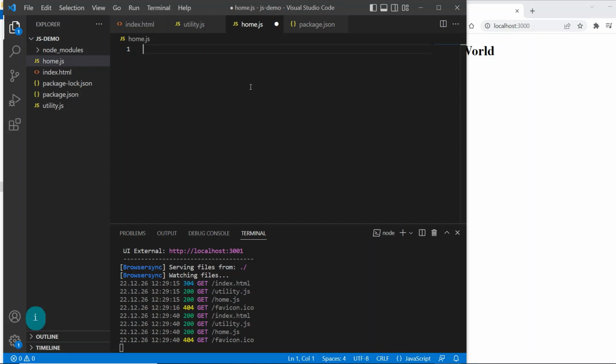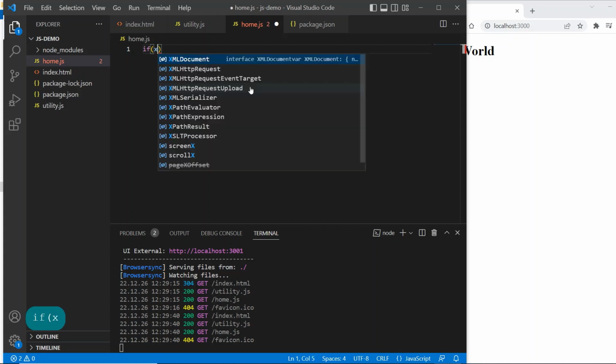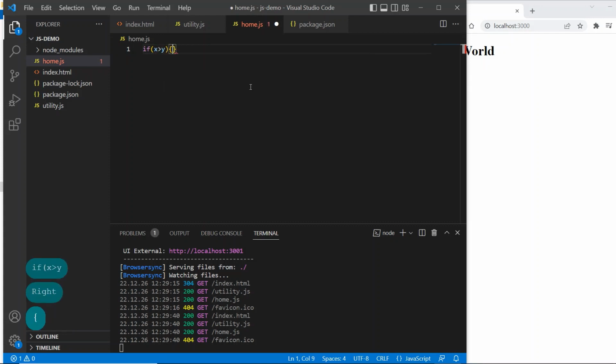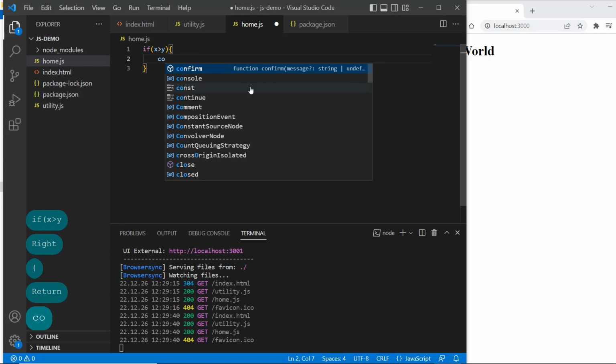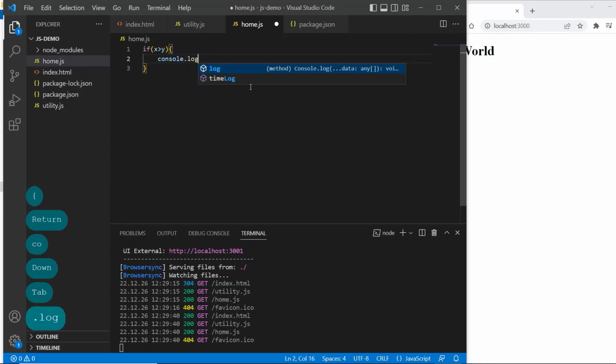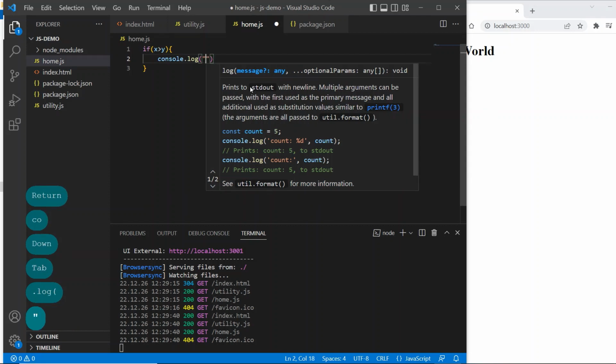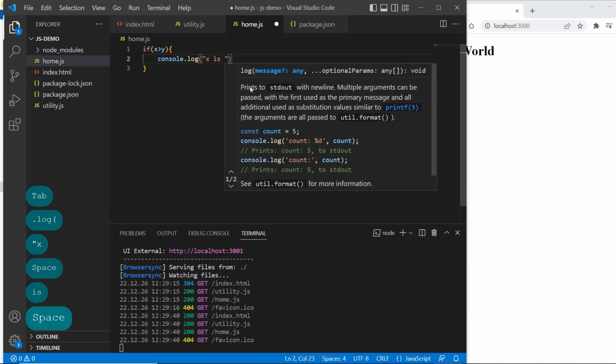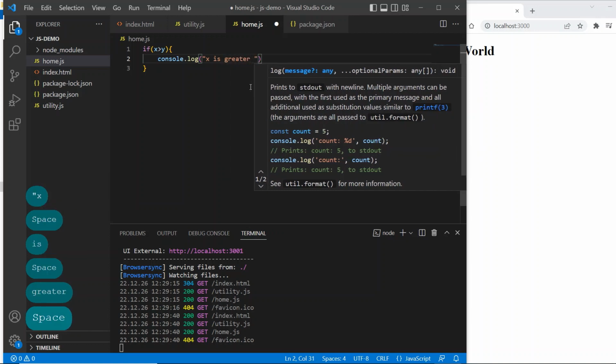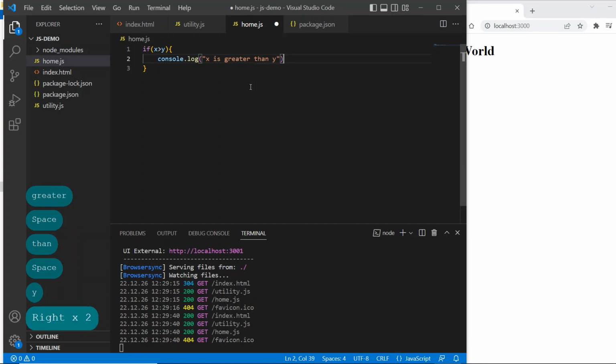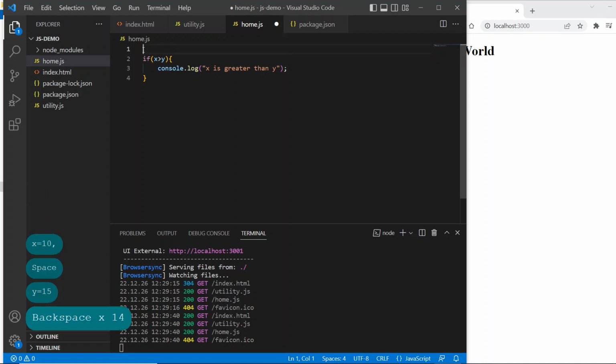In JavaScript, a statement is a command that performs an action. For example, if I write an if statement, if x is greater than y, console.log a message, "x is greater than y", and I will define two variables, x and y. Let x equal 10, y equal 4;